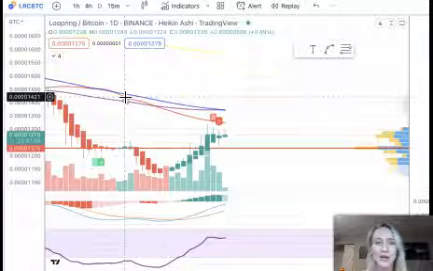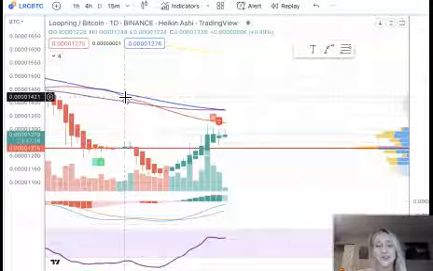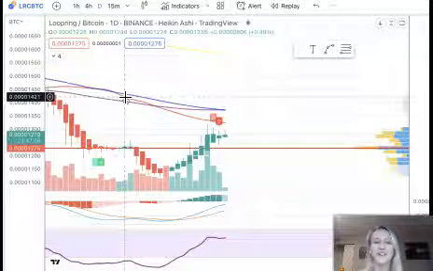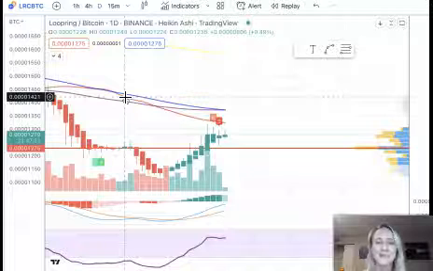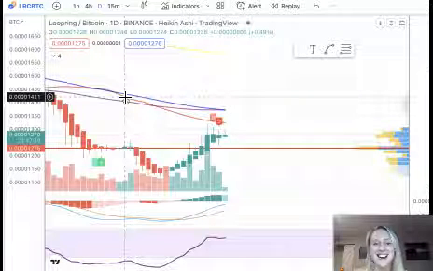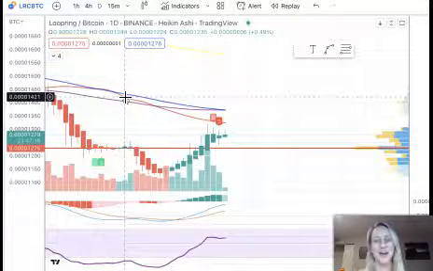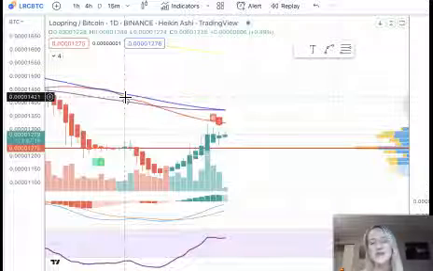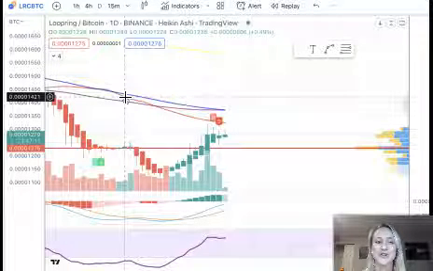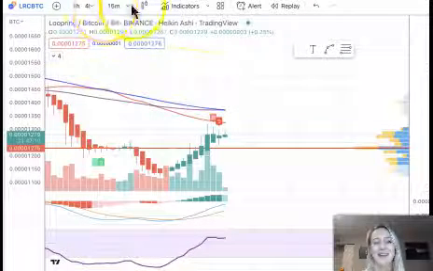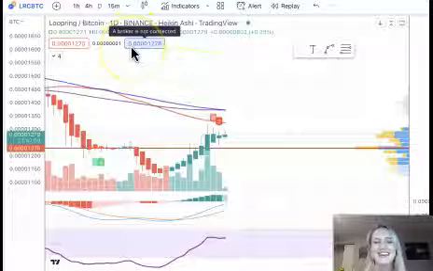So it depends on what you want to trade. If you want to be more of a day trader, you're going to look at those lower time frames, but you want to be careful not to get caught up in the noise because it can give you a lot of data, but it can be overwhelming as well. So just keep that in mind. If you want to do more midterm holds or long-term holds, looking at the higher time frames, daily, weekly, is going to help you